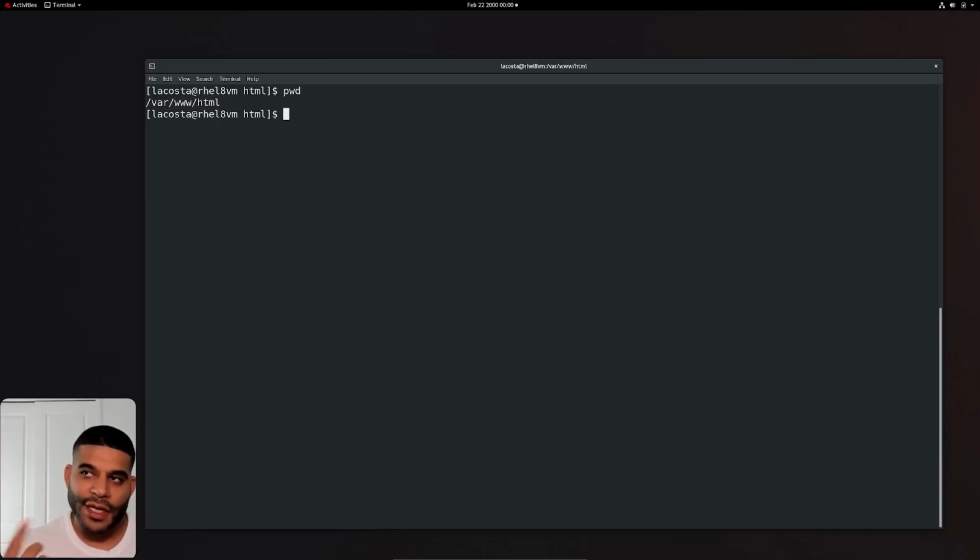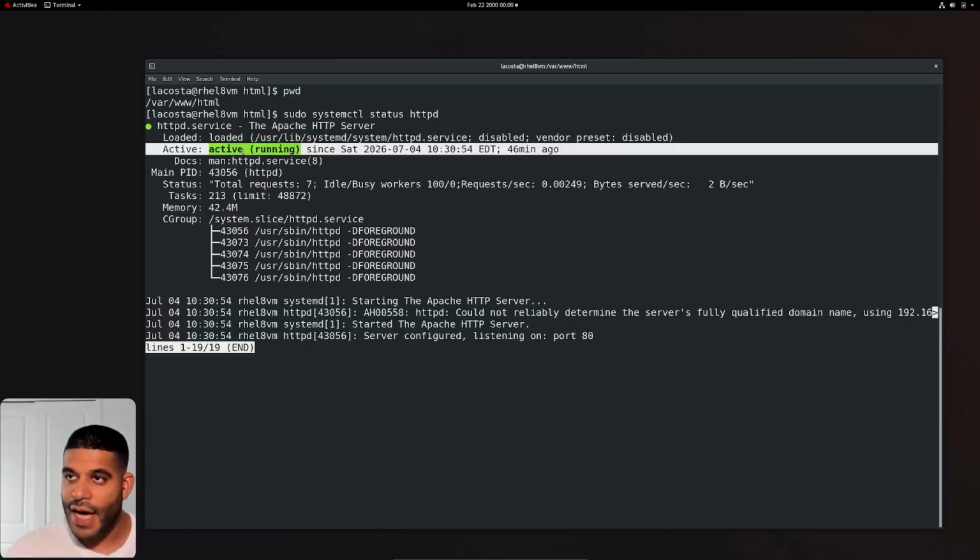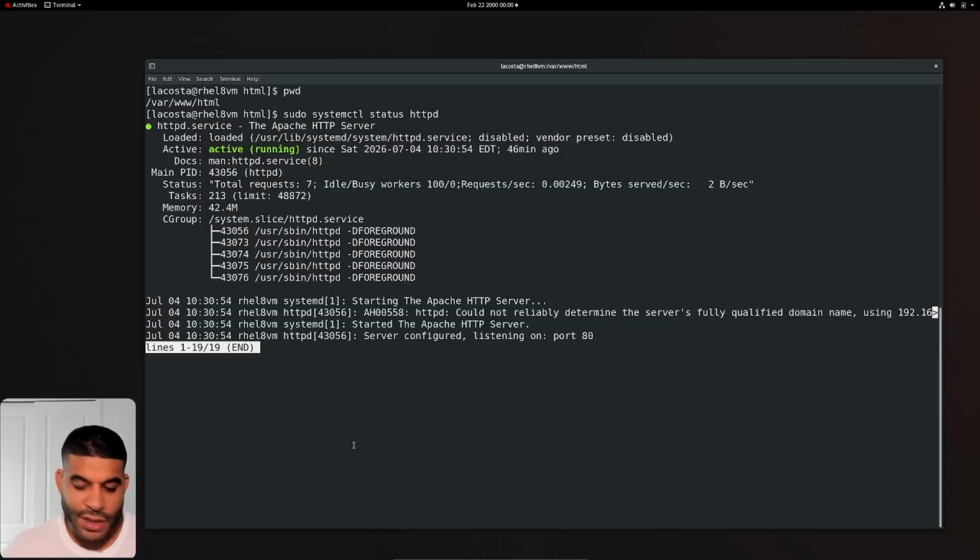And so we can actually pull that up real quickly. So if I were to do a sudo systemctl status and then HTTPD, you can see here that the Apache HTTP server service is actually running. And so essentially,